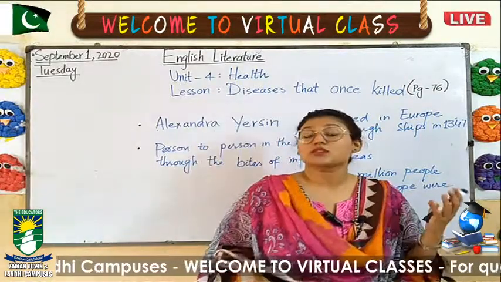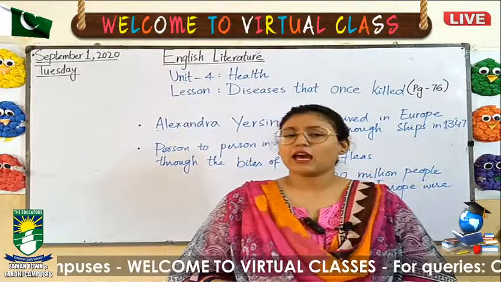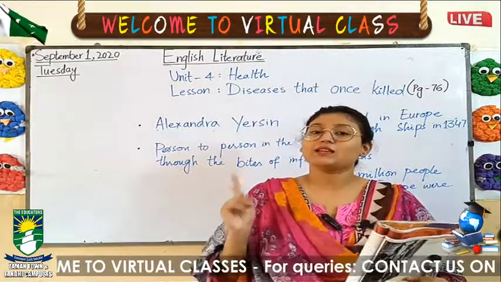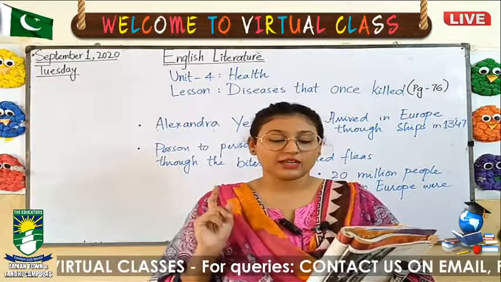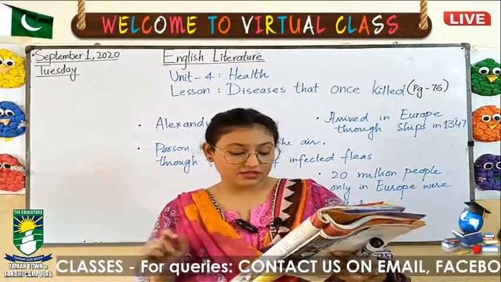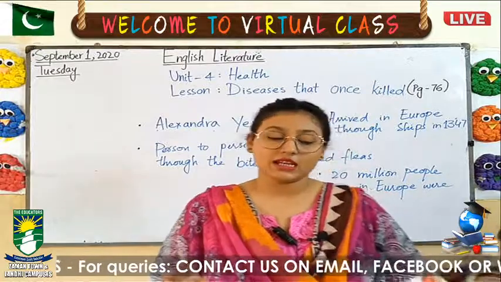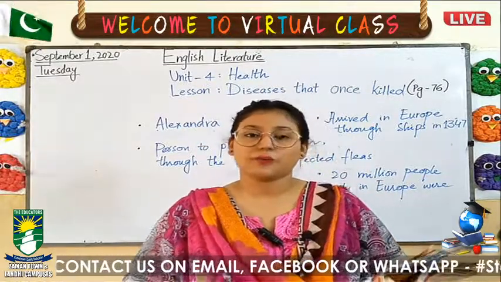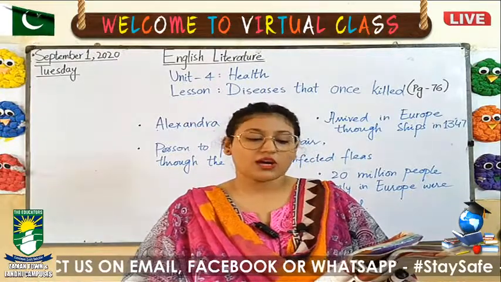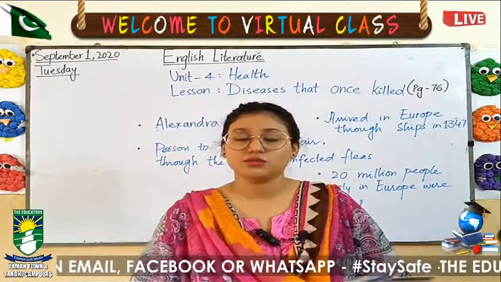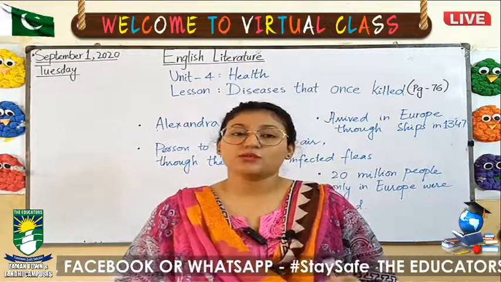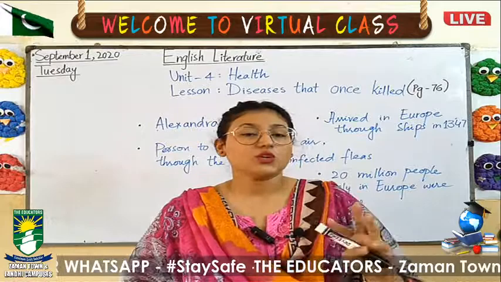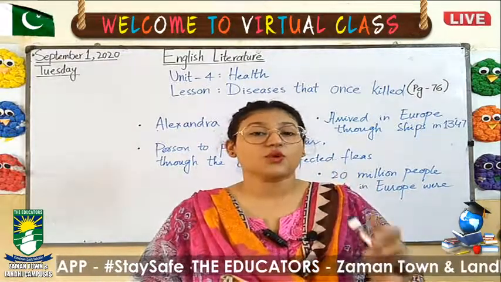You may search further, and you would be having an assignment as well in English literature that you have to do in the English literature copy, not in the English language copy. As we know that this lesson does not have any word meaning section, word pool, no comprehension, looking closely, so I haven't given you any assignment to do. But there are two topics you have been given, and you have to search for those topics.